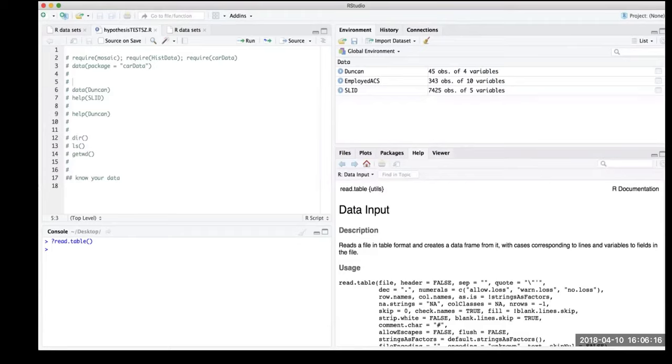So what are we going to do today? Well, if we look at our familiar RStudio environment, you'll see I have 3 data frames loaded into our environment. 2, I actually loaded using this car data package. So this is basically a package that